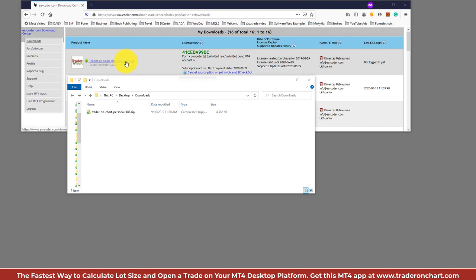You can see it's a personal license, and here's the license key, these numbers and letters in green, and it also tells me that this is for one computer, and on that computer you can use it on unlimited real or demo accounts. Also it shows me the subscription status, whether it's active or cancelled, or sometimes it shows the next payment date if you have an active